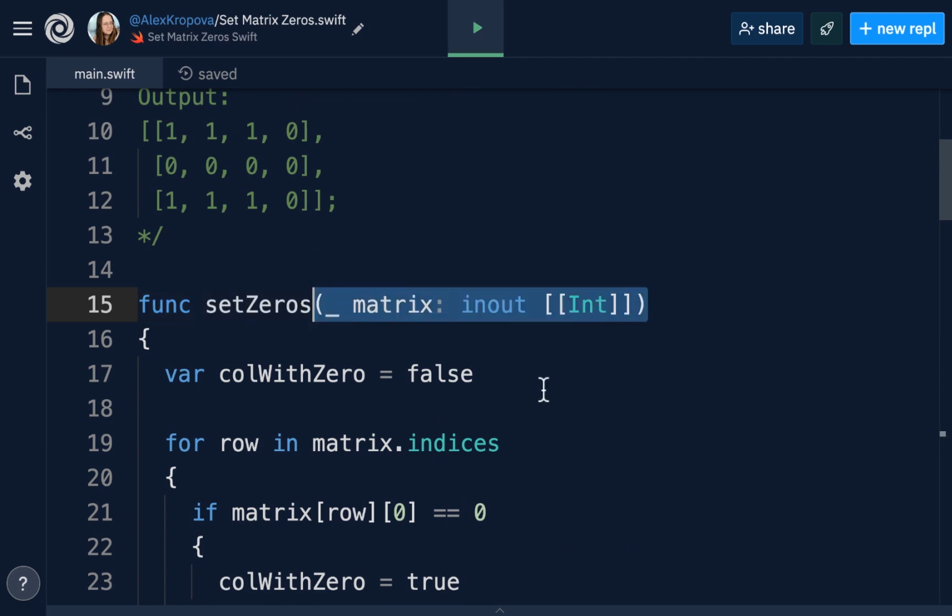And this is a key difference to understand with the questions you answer. With some questions you may make more variables which will take up space in memory. But if a question asks you specifically to do it in place, that means you must work with the existing argument. You cannot create a new matrix in memory.